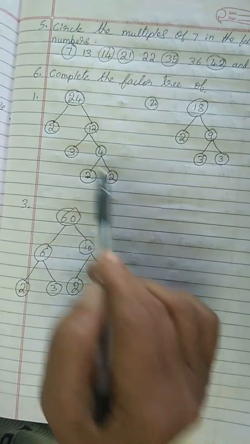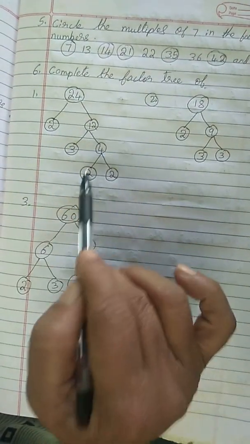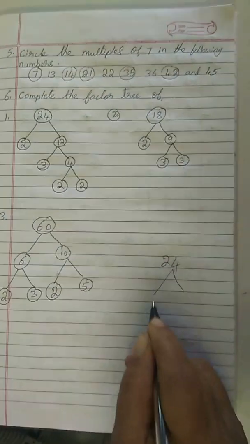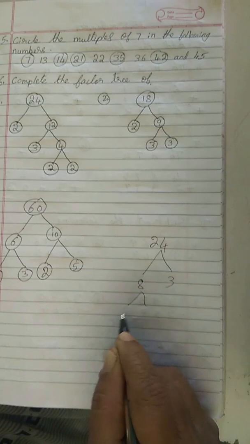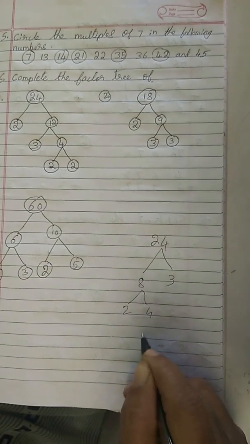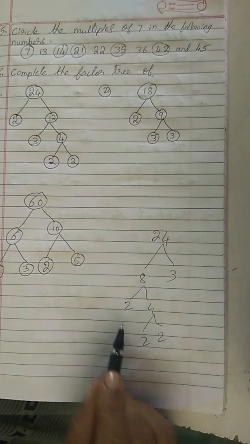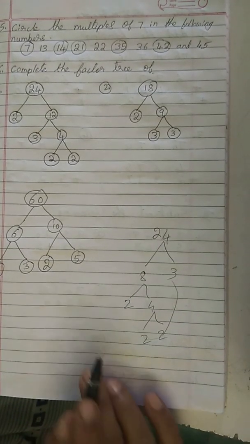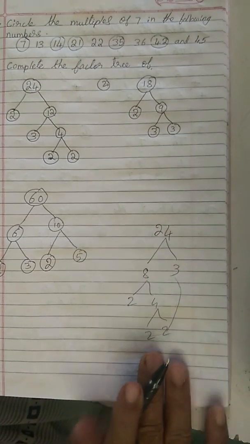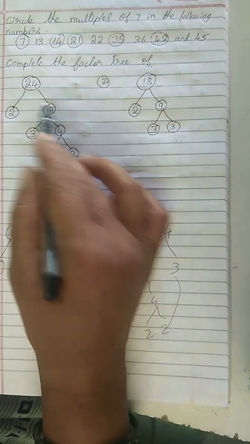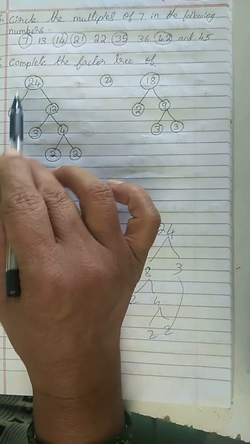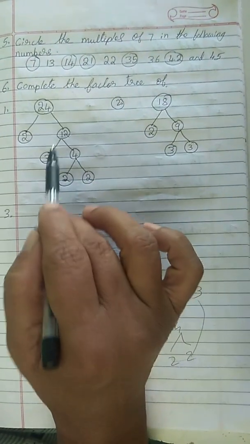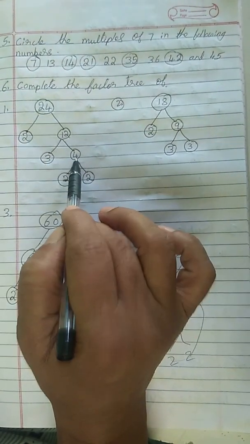They have given the blanks. Okay, you have to see the numbers properly, but 24 you can do it like this also, if they have not given. See 8 threes are 24. So 2 fours are 8. Again 2 twos are 4. So 4 twos are 8. 8 threes are 24. Like that any number you can multiply by prime numbers. But when they have given the blanks you have to see this one. They given like this. 2 12s are 24. So again 12. 3 fours are 12. Here 4.